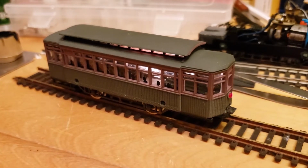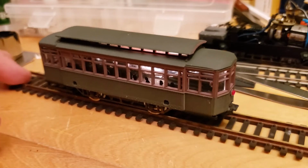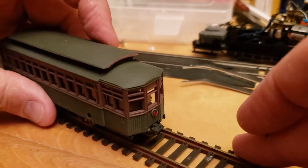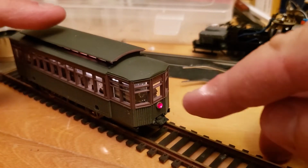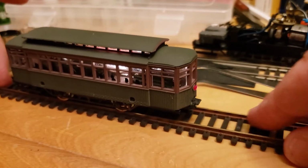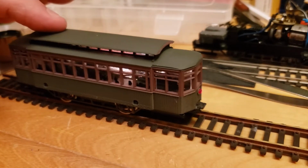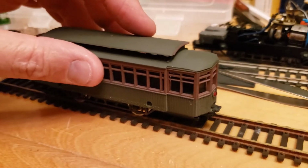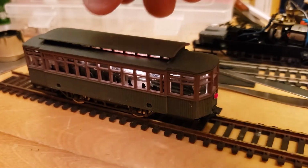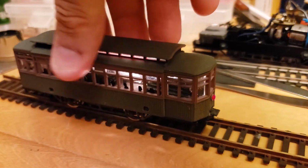Now let's see what it looks like. Well, it's definitely toned down the lighting. In the daytime you'd probably never see it. We can still see the glow here. There's light coming out of the top, but I'm happy with that. Next part is going to be working on the powered locomotive,